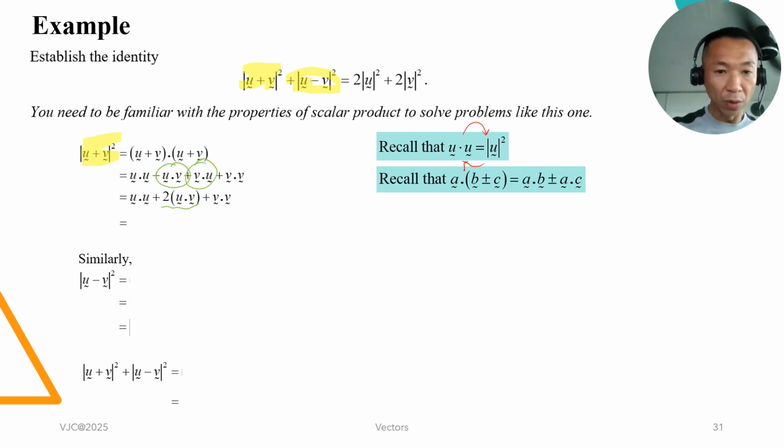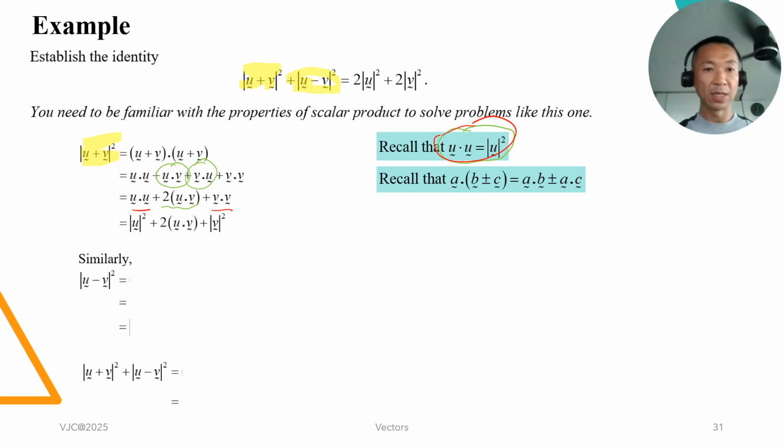Now again, after this step, I will use this idea one more time. All right, this idea one more time on these two expressions, okay, to get the mod u square mod v square like that. At first glance, this may not be very useful, but if you apply exactly the same thing onto